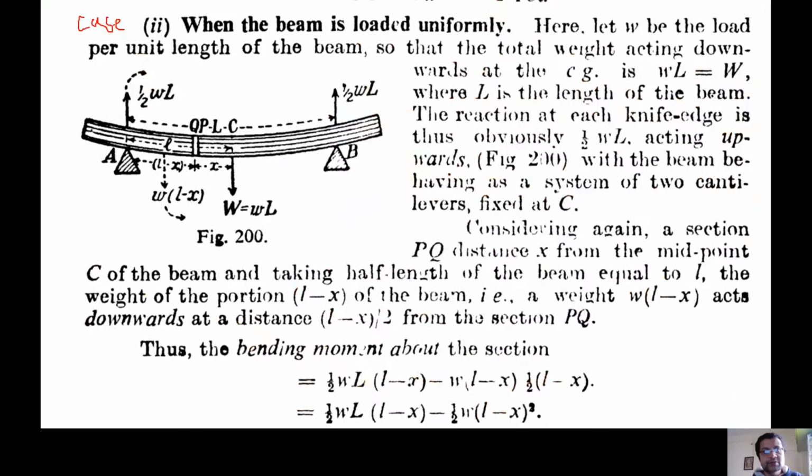Now you apply the weight load uniformly. This is the word uniformly over here. When we say uniformly, the weight is distributed equally over the total length of the beam. So we consider small w to be the load per unit length of the beam. Capital L is the length of the beam, and w is the load per unit length. The total load acting will be, since you apply the weight uniformly over here, that is what